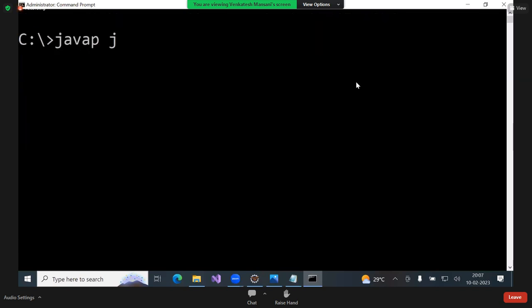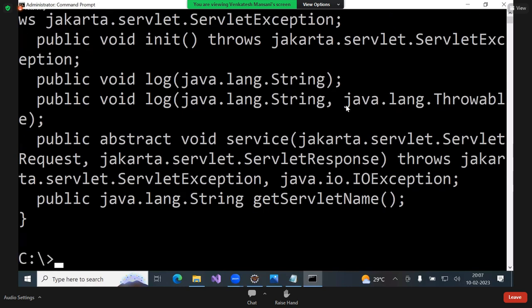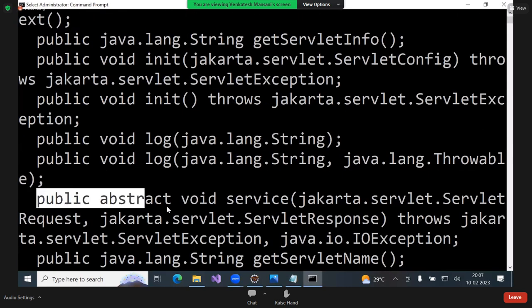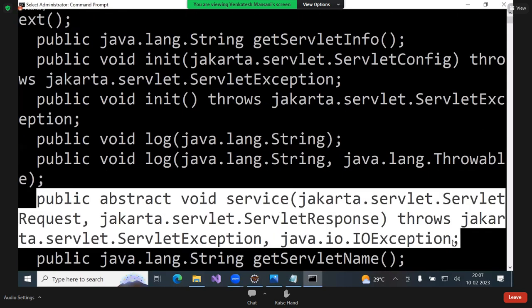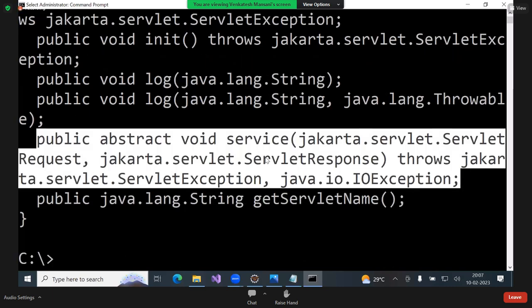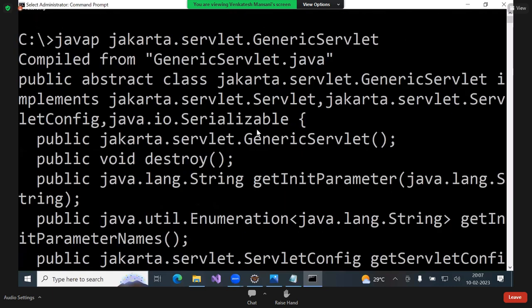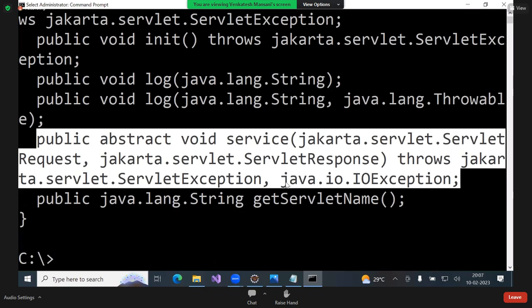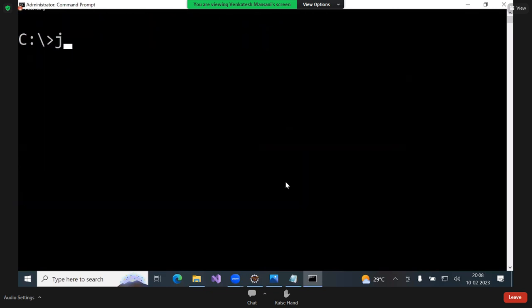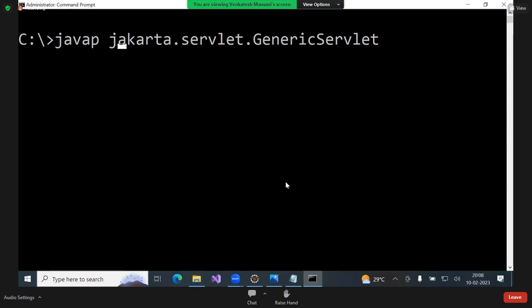Now, Jakarta dot Servlet dot GenericServlet. If I write GenericServlet, in this GenericServlet, only one abstract method, that is service. This is service method. Okay. Here other methods are there, but service method compulsory to override. But if you use Jakarta dot Servlet dot HTTP dot HttpServlet,